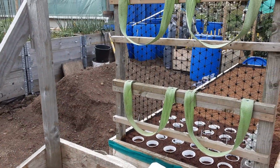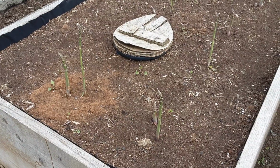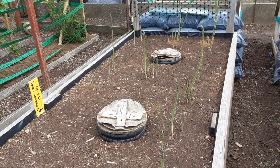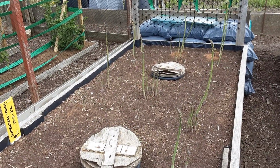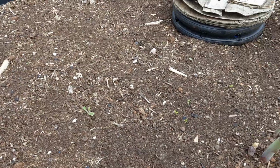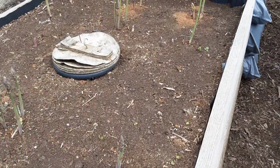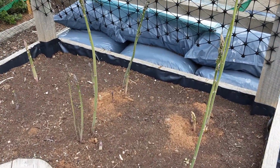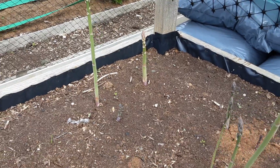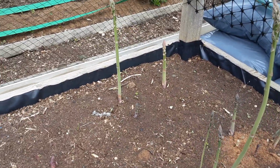Nothing yet on the vertical garden because we won't put anything there till towards the end of May, till the last frosts. So this is my asparagus bed. On plot 1 we had a volunteer and that grew. We let it go to seed one year and this is the result of it. Some of them are spindly, some of them are thick, so I think we can get rid now at the end of the season of the volunteer, so I can get the water barrels in. So I've been leaving the spindly ones, let it build the crown, but just taking a few